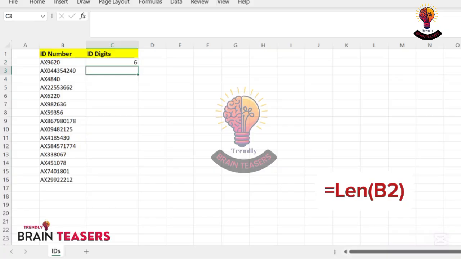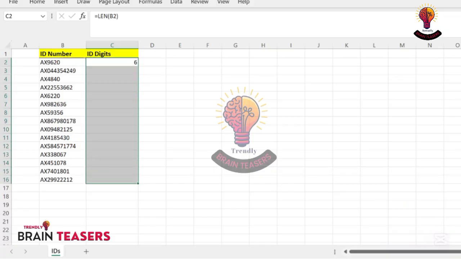This is super helpful when working with employee codes, product IDs, tracking numbers, any data where ID length must match a